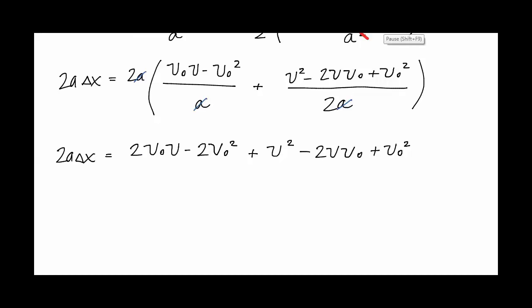Alright, so now what's that reduced to? Let's see. When I multiply by 2, the 2 on the far right term can also be canceled out. So I've got 2 v naught v minus 2 v naught squared plus v squared minus 2v v naught plus v naught squared. And that doesn't look very pretty. But if you look carefully, do you see a negative 2 v naught squared plus a v naught squared? And do you see a 2v v naught and a negative 2v v naught? I think when I add those together I get 0, so those guys go away. Isn't that nice? So I have 2a delta x,